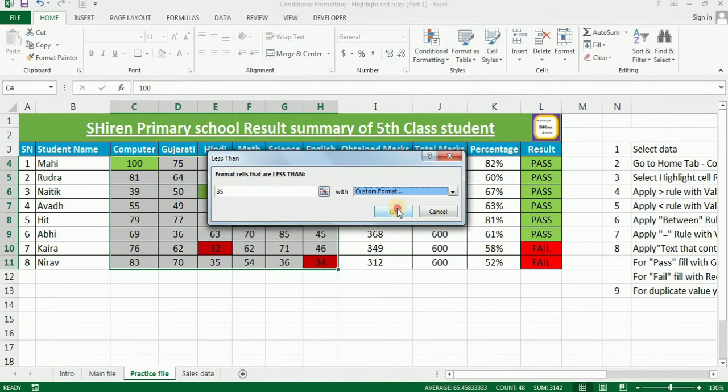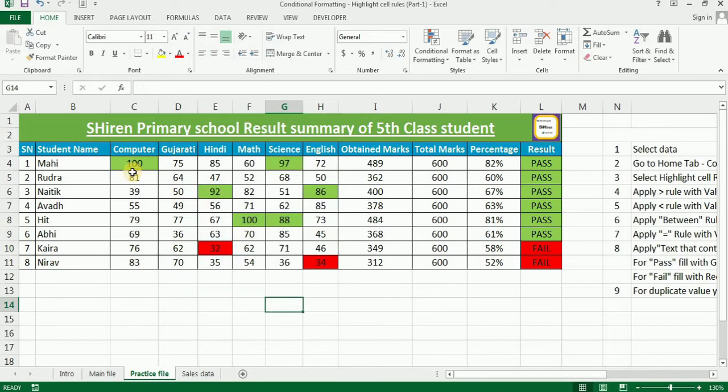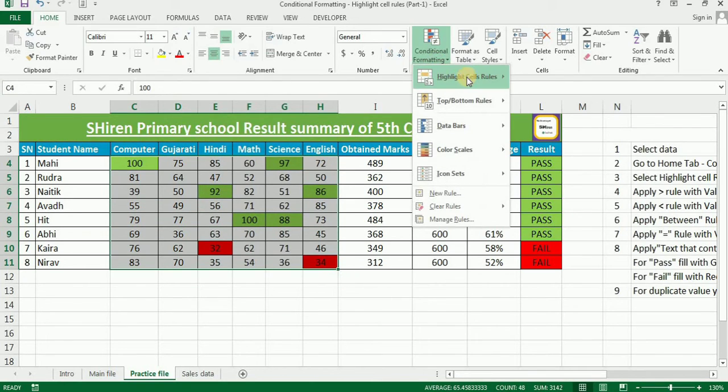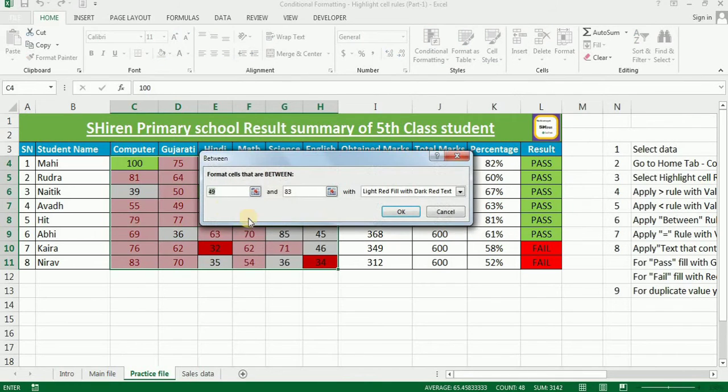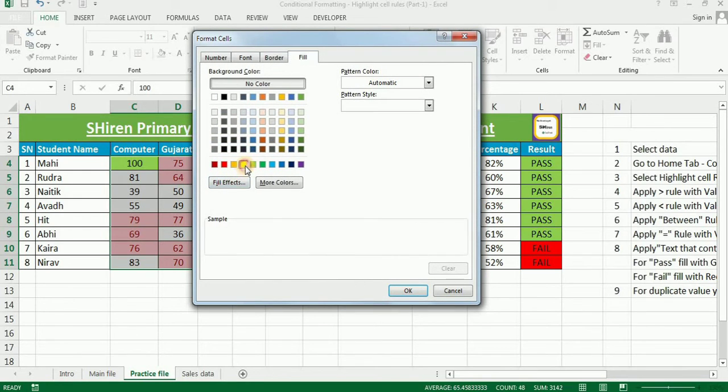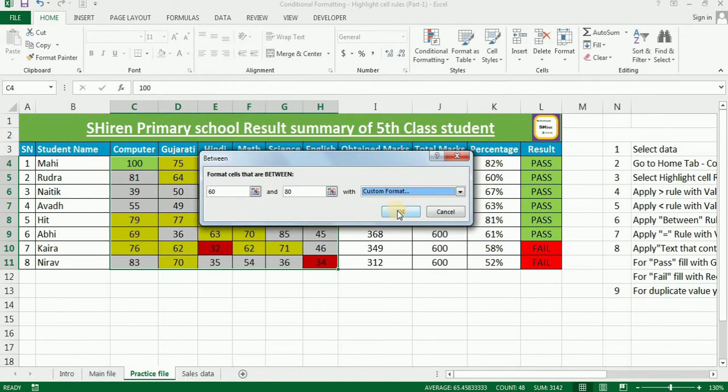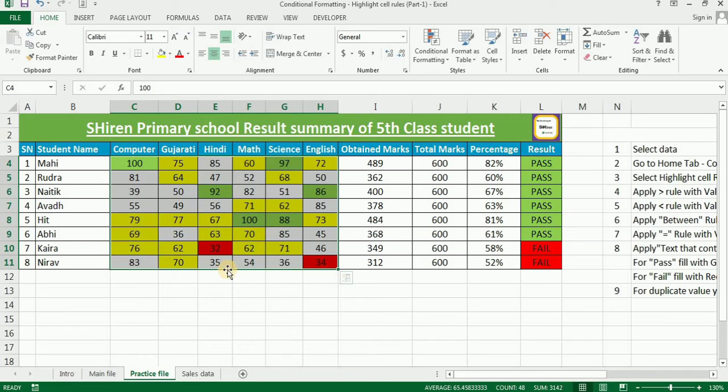Press OK and OK. Once again, let me select the range, then Conditional Formatting, and go to Between. Now I would like to apply the range 60 to 80. These are a little bit good, so I'm applying a yellow fill. Then next is 100.